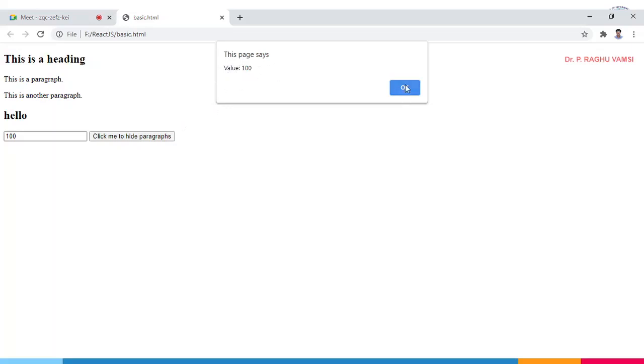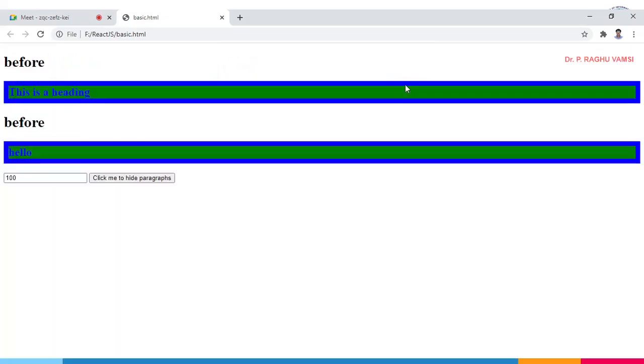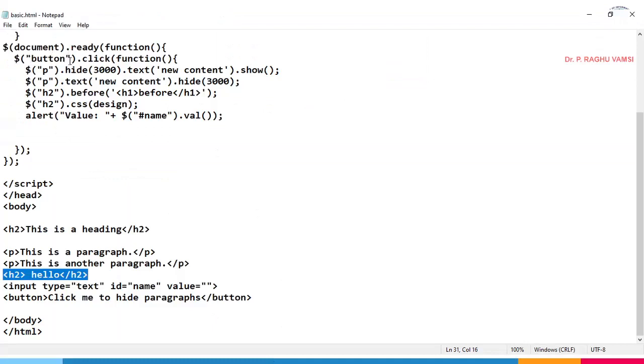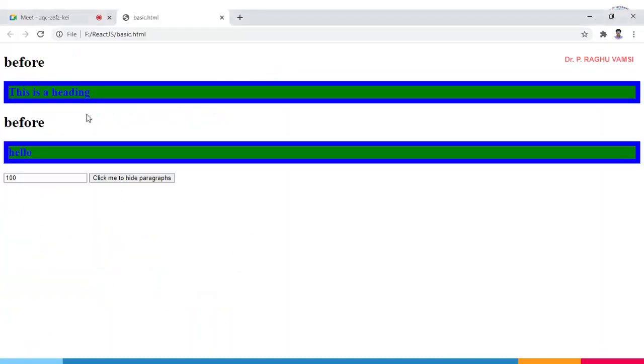Whenever we click this, automatically the remaining statements must be executed, and the result should be displayed on the web page. Now look at this button dot click, so p dot hide of 3000, text new content, show, and before, that is the h2 type that will be added before.